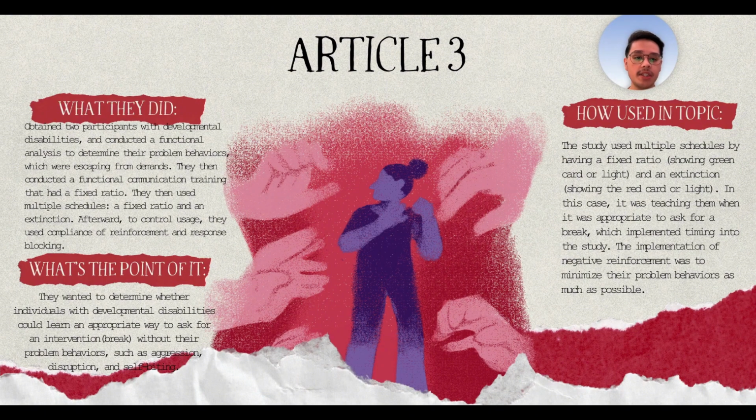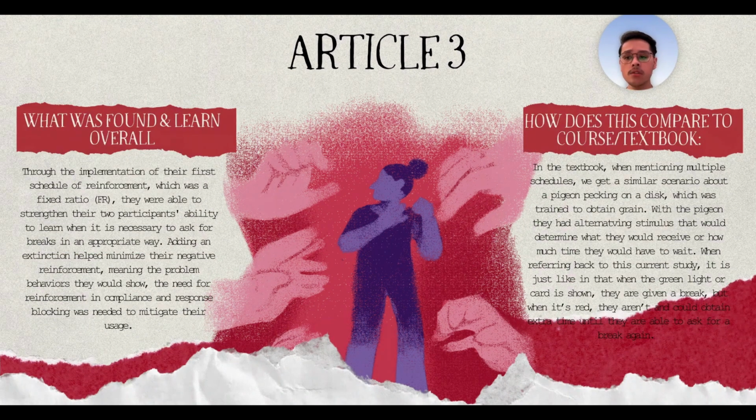In this case, it was teaching them when it was appropriate to ask for the break, which implemented timing into the study. The implementation of negative reinforcement was to minimize their problem behaviors as much as possible. So what they found was that the implementation of their first schedule of reinforcement, which was a fixed ratio, was able to strengthen the two participants' ability to learn when it is necessary to ask for breaks in an appropriate way. Adding the extinction helped minimize their negative reinforcement, in this case, the problem behaviors, and the need for compliance